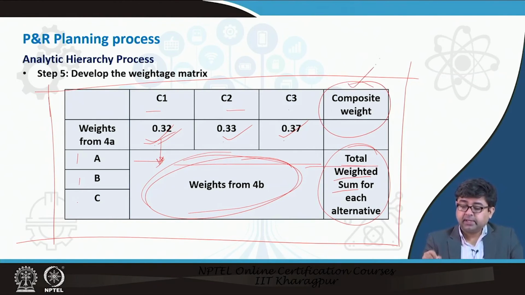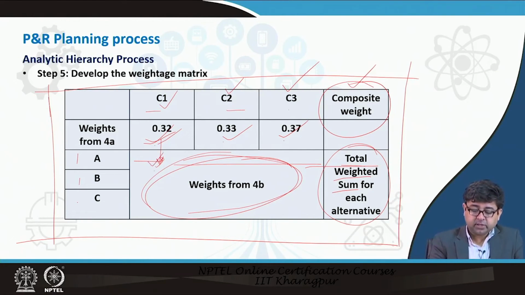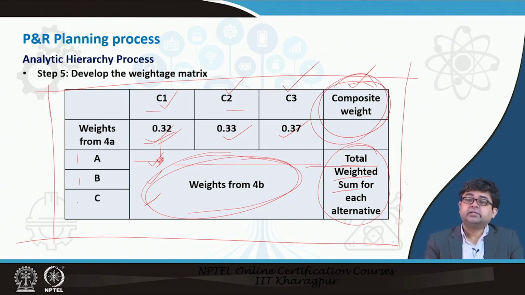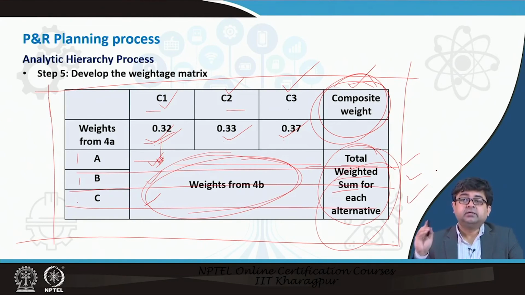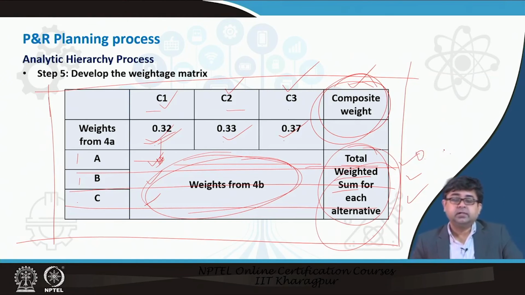Now, this composite weight consists of weights of criteria against the goal and also the weights of alternatives against the criteria. So, this is the composite weight score, and this composite weight score will tell you which alternative, which of A, B or C, is the site that you want to pick, for example, in our case. So, the higher the value, the better is the